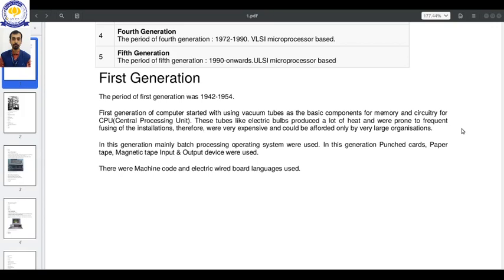To use this punch card, a special skill was required, and it could not be used by everyone. Like, we are not familiar with how to use the handloom. I am not familiar, most of you must not be familiar, but a special skill is required for it. So it's the same thing.